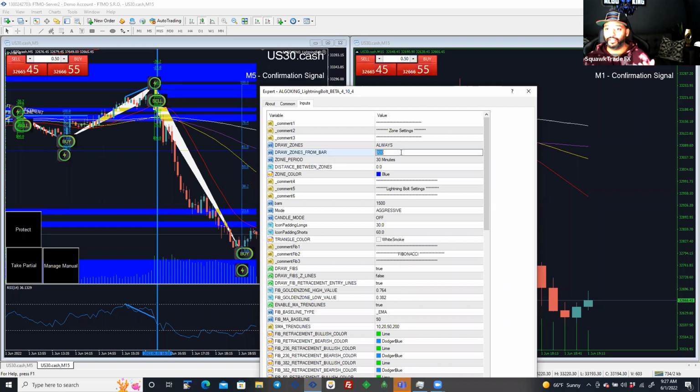So sometimes you can get a lot of zones. Sometimes you may not get enough zones, depending on how price reacts. If price just breaks away and we've got all-time highs, it's going to be hard for you to find those zones. If you were doing this manually, you'd have to zoom out on your chart, go to a higher time frame, and